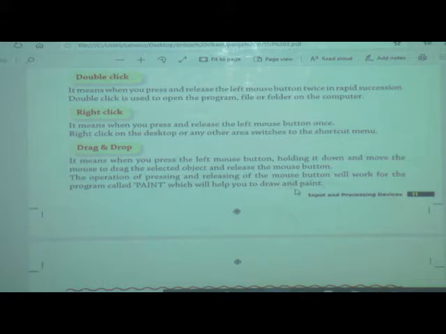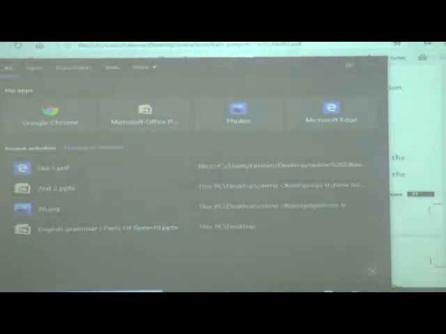We are using this mostly in paint. If you want to draw something in paint, and if you want to write, then we have to continuously press the mouse left button and draw. There we are using it in paint. This program is called paint, which is helpful for the paint option.